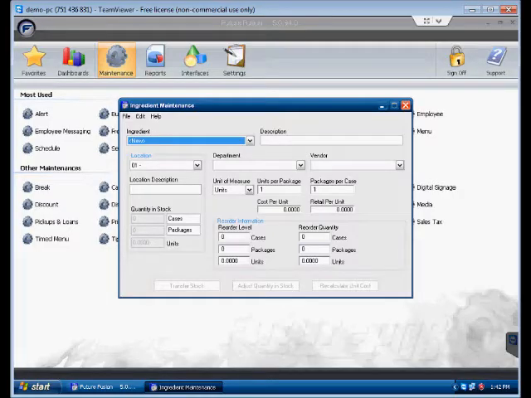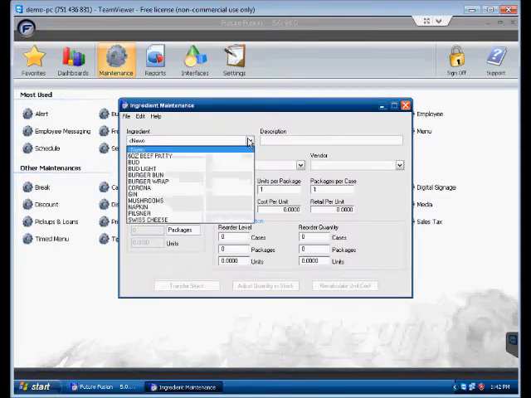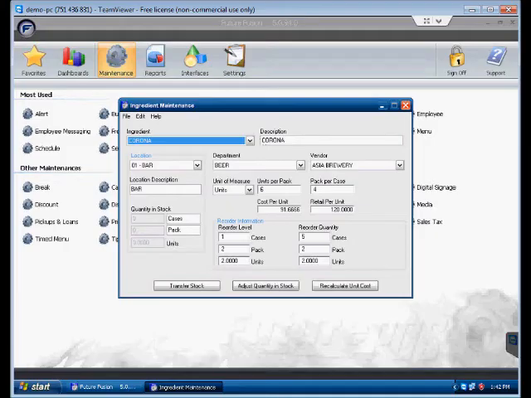Going into ingredient maintenance, in the top left we have our ingredients, and I'm going to go to one Corona, a bottle of Corona. On the right hand side is our description, Corona, and on the left hand side we have our locations. In the bottom of that little box we have quantity in stock, and it says 1 case, 0 packs, 1 unit. So this is saying that we have 1 case and 1 unit of our Corona product under the